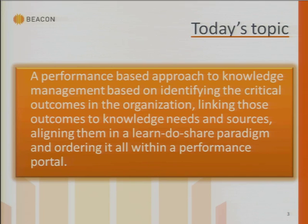All right, so today's topic: we're looking at a performance-based approach to knowledge management. In that approach, it really starts with identifying the critical outcomes in the organization. That's at the job level, at the performer level. What do they need to accomplish? Because that becomes the foundational principle. We're going to link those to knowledge needs and sources. Where do they get the knowledge that they need to accomplish that? What are the sources? What is that knowledge? And then we're going to align that in a learn, do, share paradigm. Because really there are ways that people interact with that knowledge in the production of those outcomes. It's not a single dimension. And then we're going to order it all within a performance portal